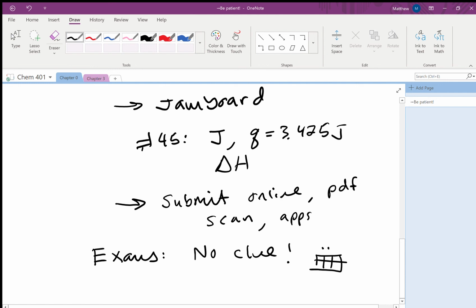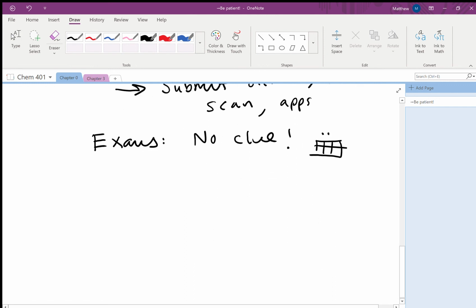Whether we do an online quiz or something through Canvas, honestly, I have no clue. I will work that out as we get closer to actually having to do the exam, and I will keep you guys updated, okay? So right now, I don't have any idea what we're going to do here, but we'll figure something out. Don't worry. Okay, so that's the class part.